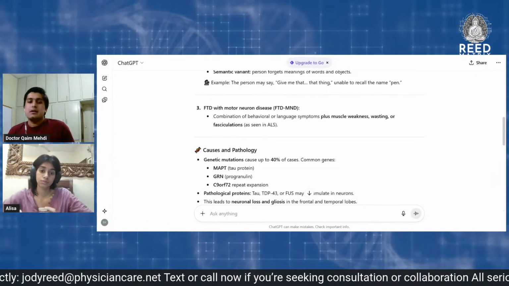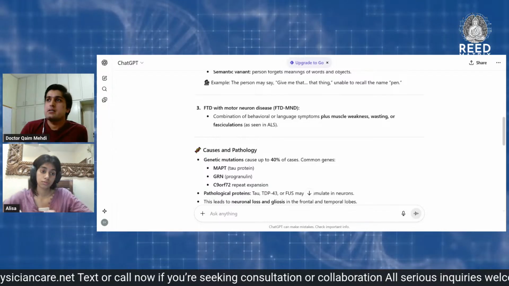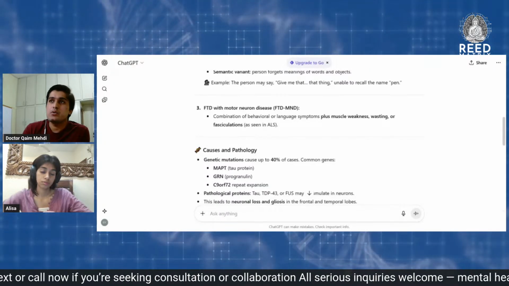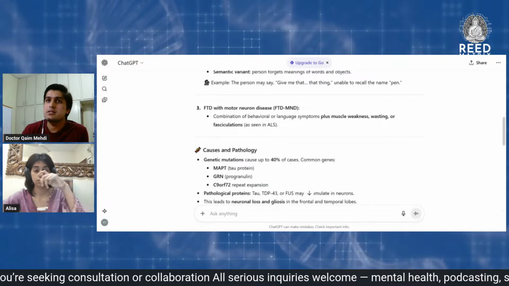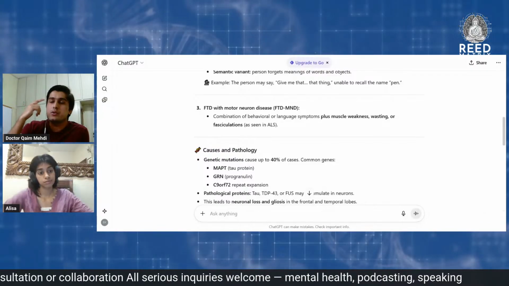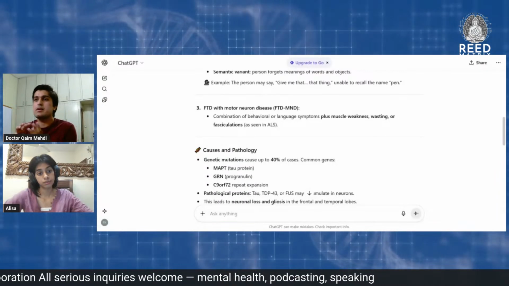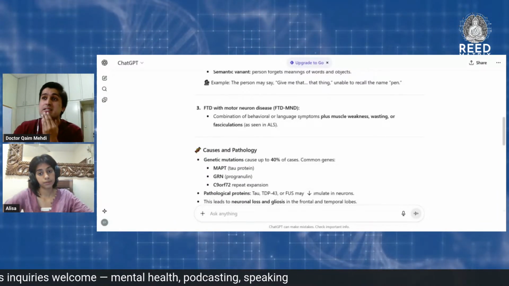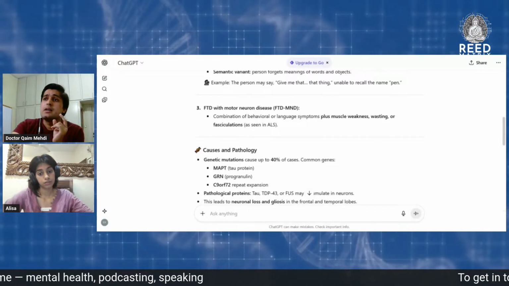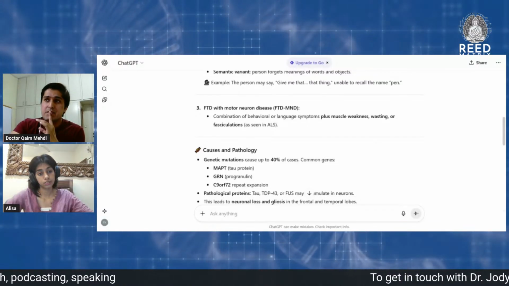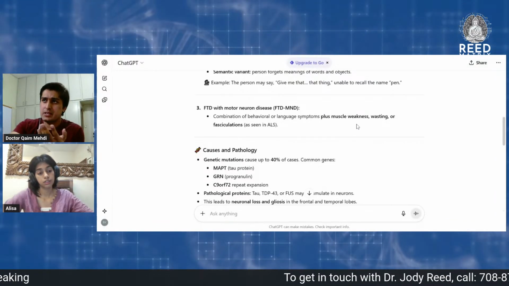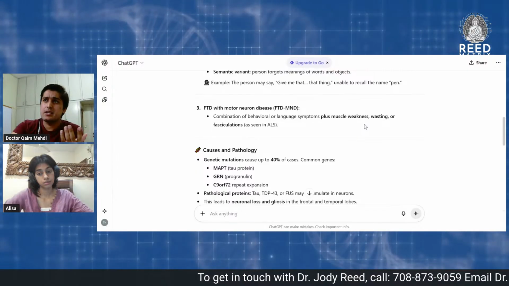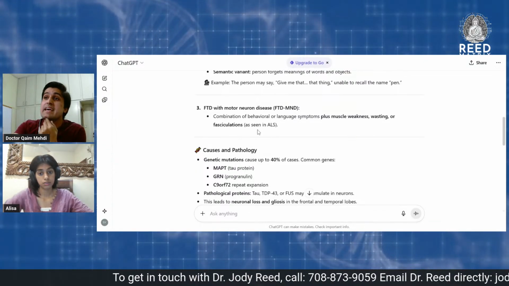So the types we have seen up till now, there were no other symptoms than the behavioral or intellect, related to the intellect or cognitive abilities. But in this type, other symptoms develop as well, like your body faces muscle weakness, muscle wasting, or muscle fasciculations, as is seen in